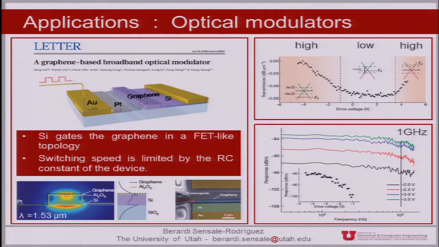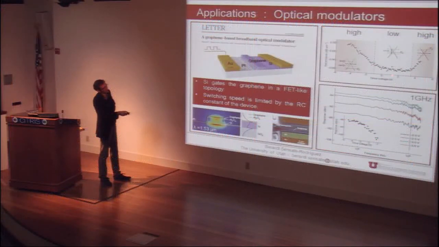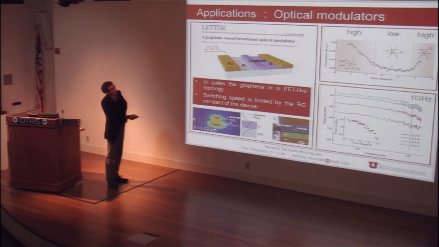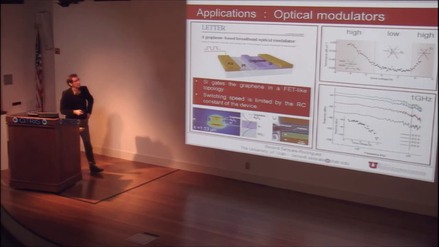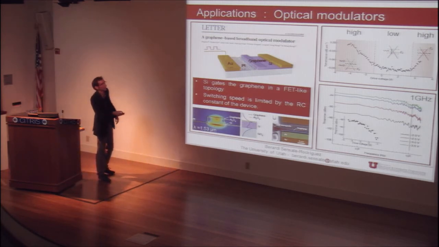So the material here has minimum transmission. However, if the Fermi level drops below the blue line, now these electronic states are empty, and we don't have any optical transition, and the transmission goes high. In the other case, if the Fermi level goes above the top blue line, the electronic levels here are filled, here are also filled, so we also don't have any optical transitions, and the material basically, again, becomes